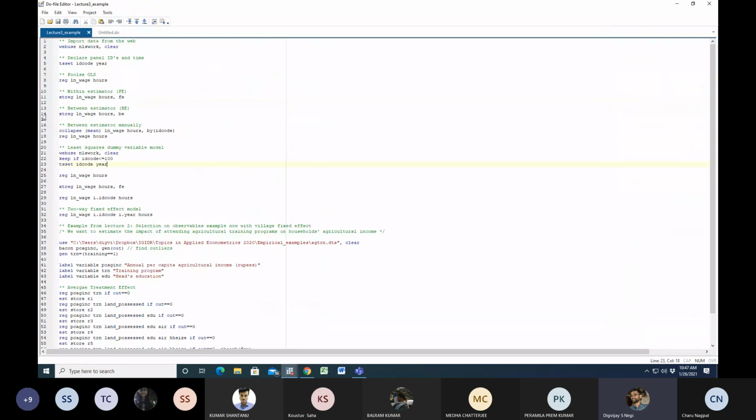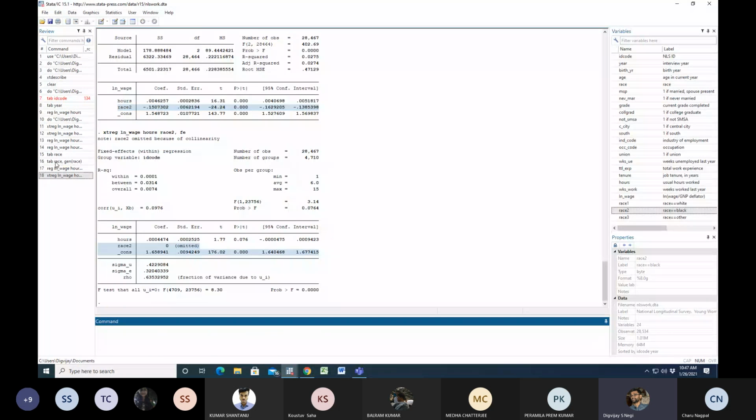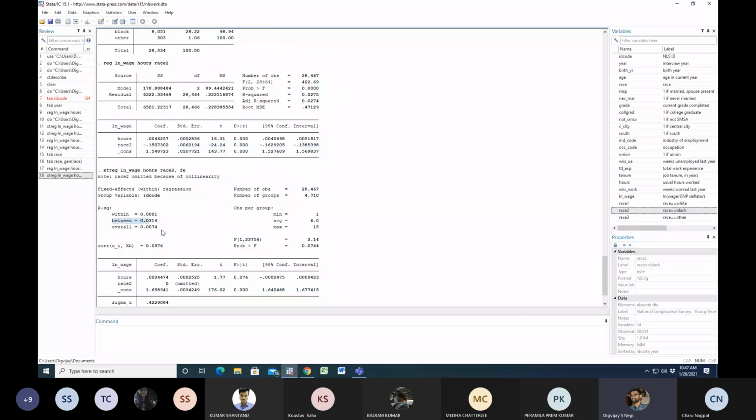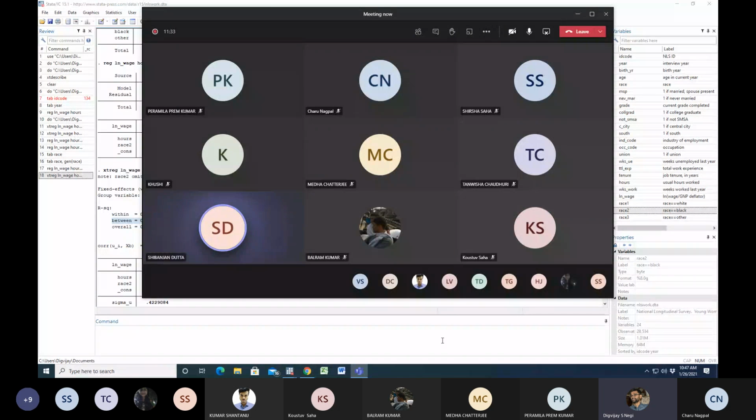Then what is the between effects estimator? Yes, sir. Here we saw that race was statistically significant when we ran the pooled regression altogether, and when we accounted for the fixed effects, we didn't even consider race as a variable, because it got deleted. (Student: Your voice is not clear, can you repeat?) Sure. Firstly, when we considered race in the pooling model altogether, race came out to be statistically significant. And in the fixed effects model, we didn't even consider the race variable because it got deleted.